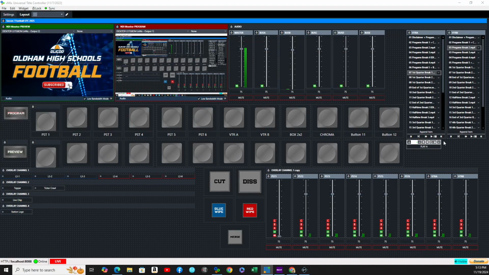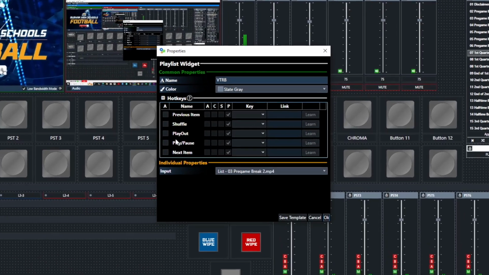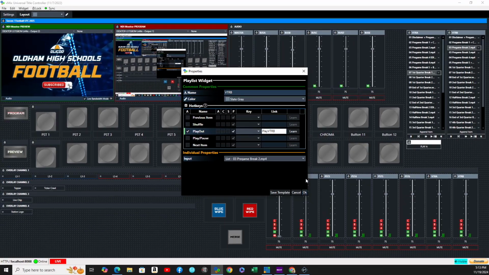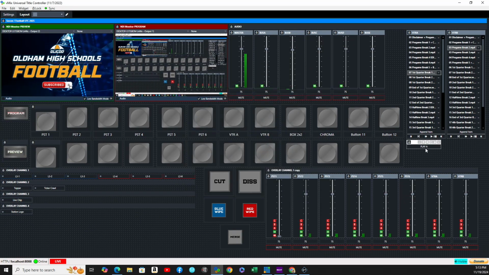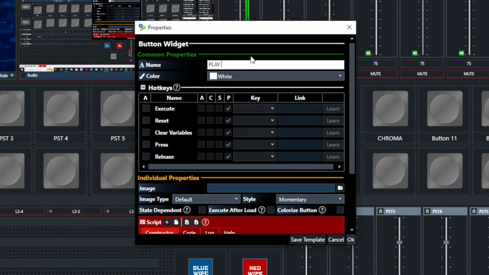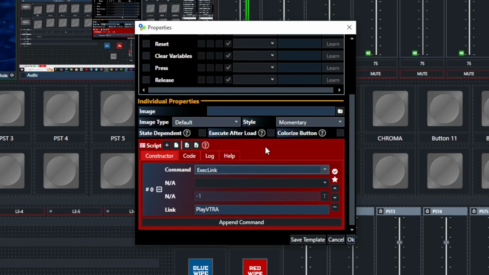So we're going to do the exact same thing for the other one, except when we come up here, we click on the cog. We are going to click on play out, and as you probably already figured out, we're going to call this one play VTRB, and click OK. And then we're going to duplicate this button, slide it over here, and change it to play B. And then we're going to have to change this command to play VTRB,